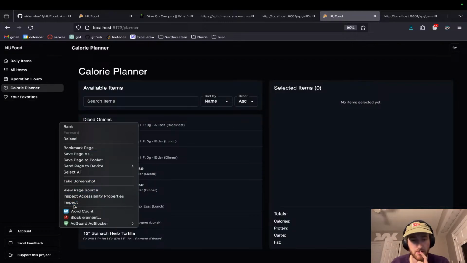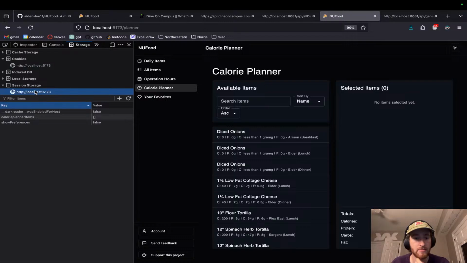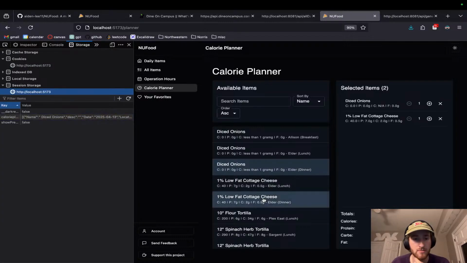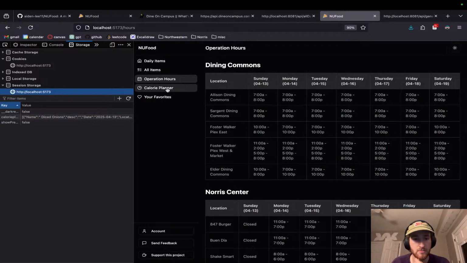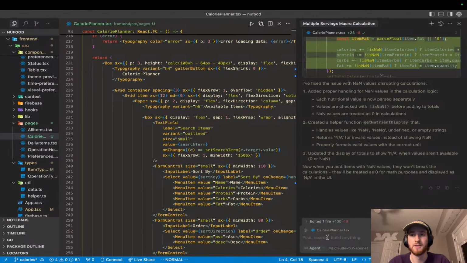But it's simply not using session storage. Ah, so it's resetting it. So it's storing to session storage, but then when